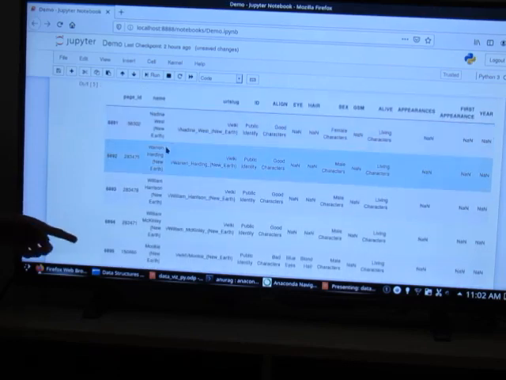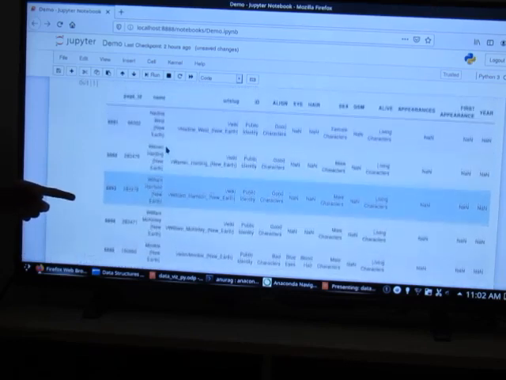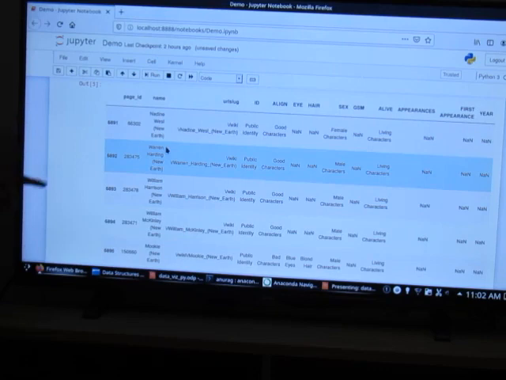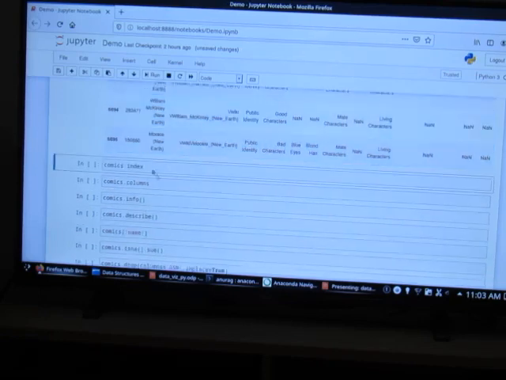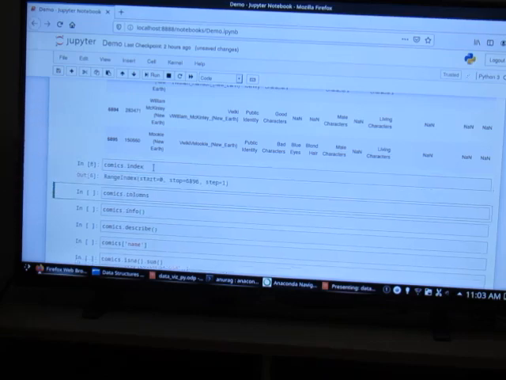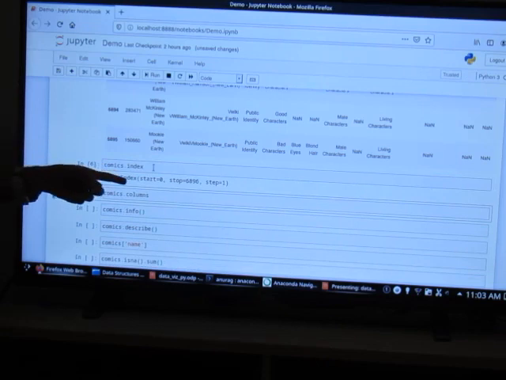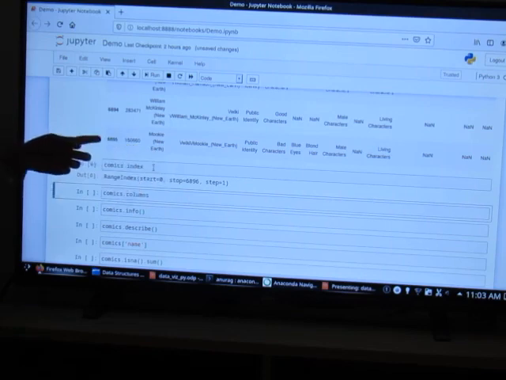So here there are about 6,896 samples in the entire data set. So the last 5 have been picked. If you want a specific number, say 10, we just pass n equals 10. Index will tell us what is the index of this current data frame, and it's an integer index starting from 0 to 6,896, so n minus 1 will be the last value, stepped by 1.